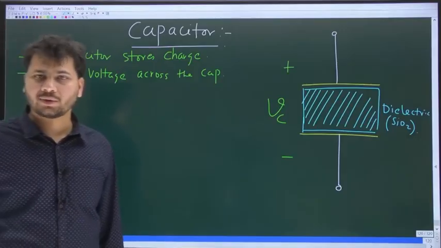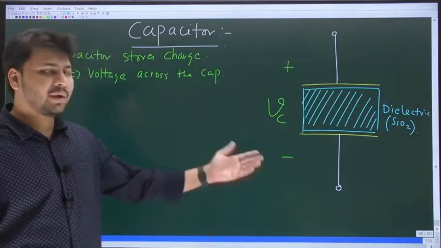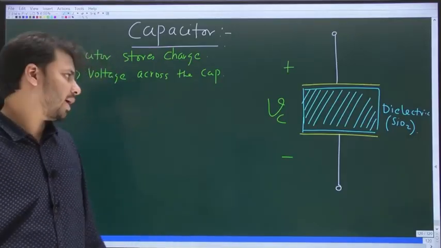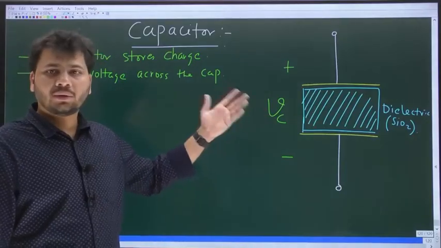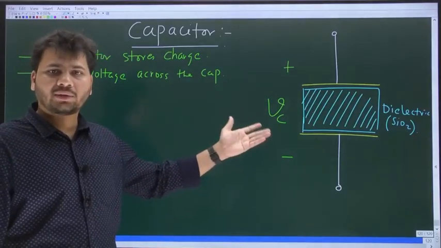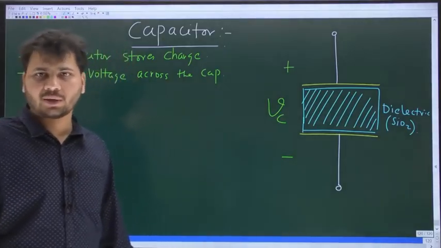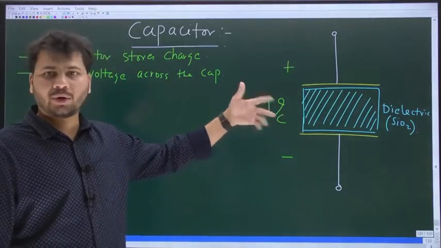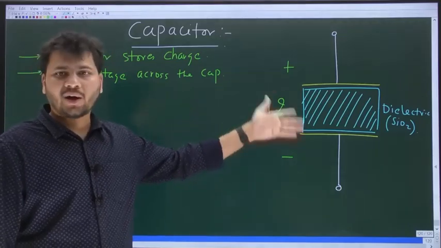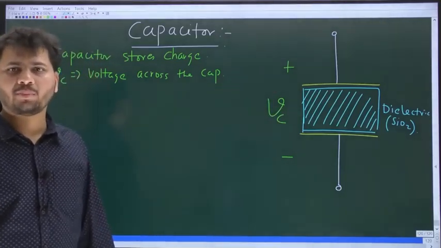So the capacitor stores charge, and Vc is the voltage across the cap, and the voltage across the cap is nothing but the potential difference between the two plates of the capacitor. In this case, Vc is the potential difference between the top plate and the bottom plate. Okay,